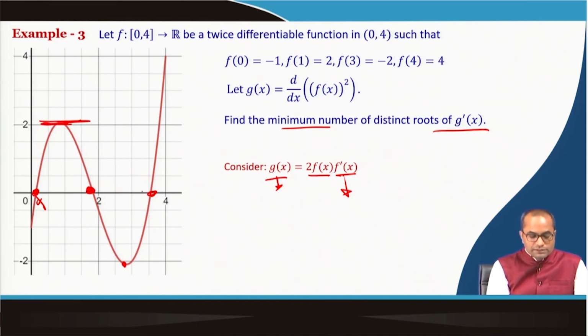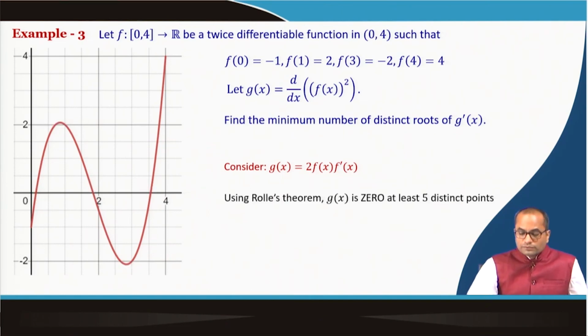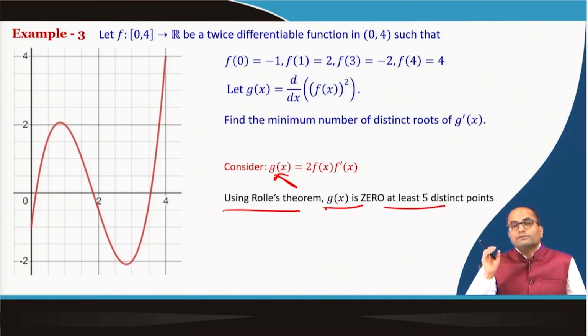Here also, these two equal values, the function is continuous and differentiable, so there will be a point where the derivative will vanish. So using Rolle's theorem we can see easily that g is 0 at least at 5